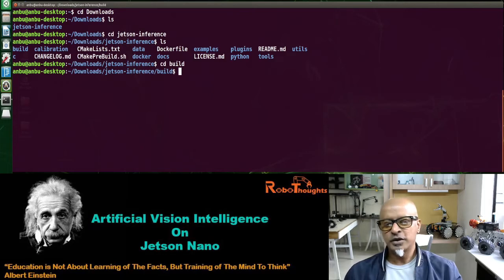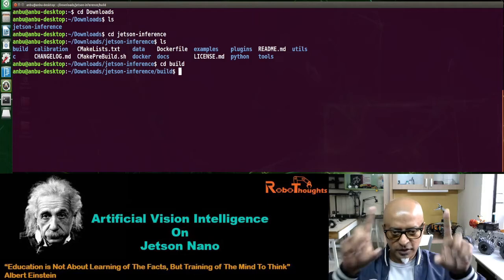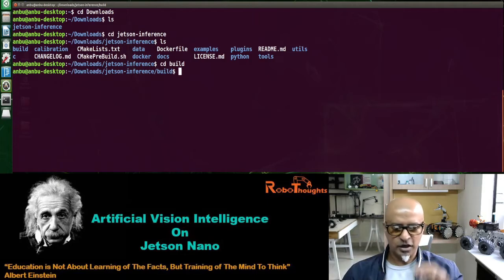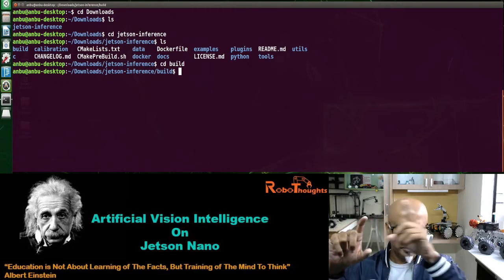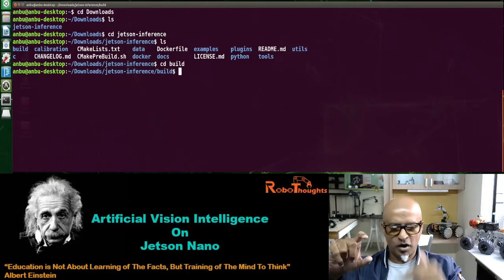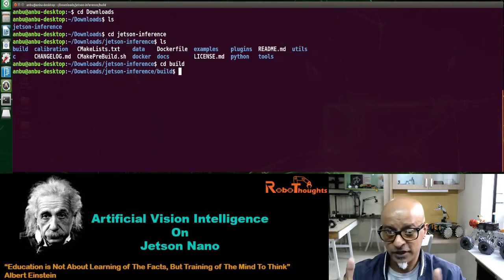So what you need to do is select almost everything with the tab. On the screen you can see the instructions very clearly, how to select and what keys to use. You have to use tab, and you can see a star mark on the left side in a bracket. That means you have selected all models. Then go to object detection, select all models. Then go to image recognition, select all models. Once you select, use the arrow key on your keyboard, come down, you can see an OK button, press enter. I wish I could show you, but